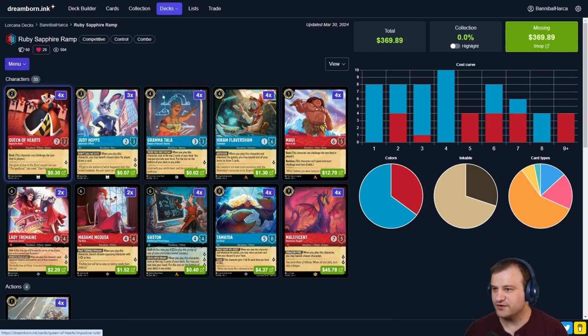We've got 4 Queen of Hearts. Queen of Hearts is the best early game control card we have access to in Ruby Sapphire. Unfortunately, we just don't have access to too many good early game plays. So you want to play for sure the maximum 4 copies of Queen of Hearts, and you're often going to want to mulligan aggressively for this card to make sure that you can play it on 2 in the matchups